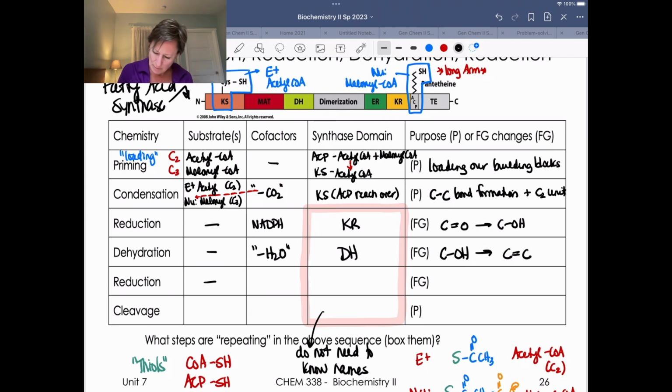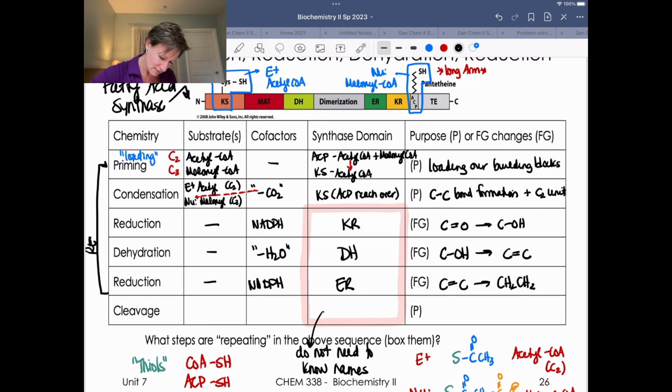We have another reduction step. Remember, both of these reduction steps happen with NADPH. Just writing this in, you do not need to know the enzyme names. That takes our alkene to an alkane. And then what's going to happen here is if this is the first time we've gone through this, we've taken 2 plus 2, we've made 4. We need to repeat this, okay? So what's going to happen is we're going to go back up here and we are going to repeat. Okay? So this is going to be repeated